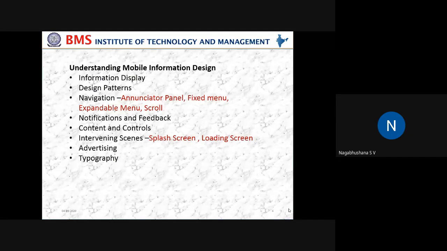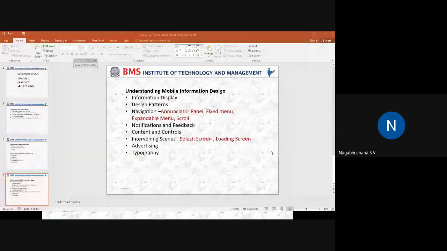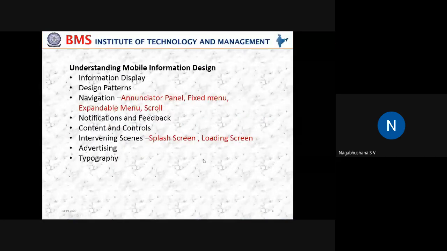Okay, so sometimes what happens between delivering certain functionalities and the usage by the end users, there will be some time where the contents get loaded. Okay, so that means what? See, first time when you're just trying to open a mobile device, it will say, okay, Android is loading. Or if it's Samsung, it just displays the word Samsung. So some kind of a screen comes before actually implementing the contents.